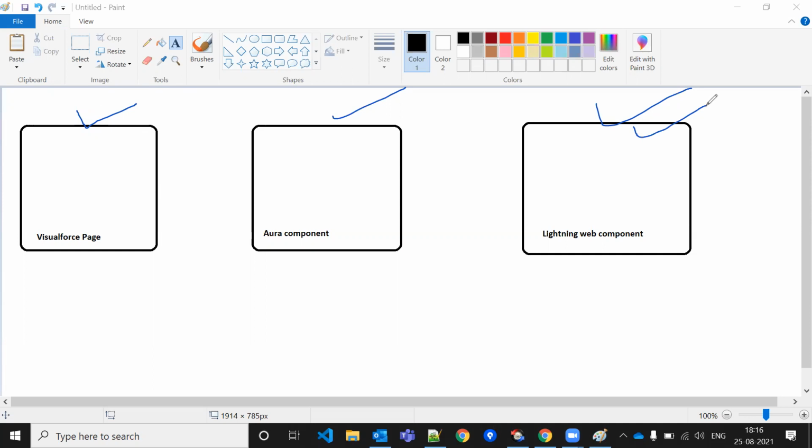I don't think there is any restriction where we cannot use Lightning Aura component and Lightning Web component in a scenario where we would go to a Visualforce page. But if we need to create new functionality, and your client is more on the technical side, then they will recommend LWC only, not Visualforce page. For existing functionality, we can use Visualforce page.